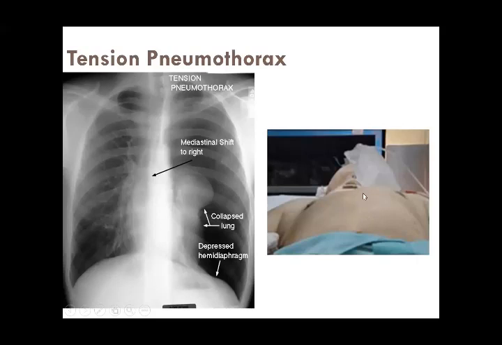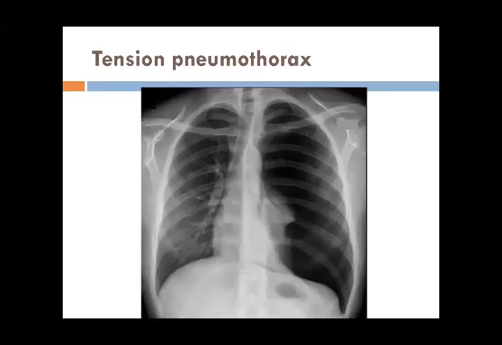Similarly, this is a tension pneumothorax. If you see this patient who is on the ventilator, and this is the right side and this is the left side, there is a visible bulge on the left side of the chest. So this is an X-ray of this patient, which shows that on the left side, the trachea is shifted toward the right side, the heart is shifted toward the right side, and that is a collapsed lung. This is the depressed hemidiaphragm, and the whole of the side is filled with air, and this air is pressing upon the other side of the lung and the heart as well, which will compromise its cardiopulmonary status if not treated immediately. So this is a tension pneumothorax.